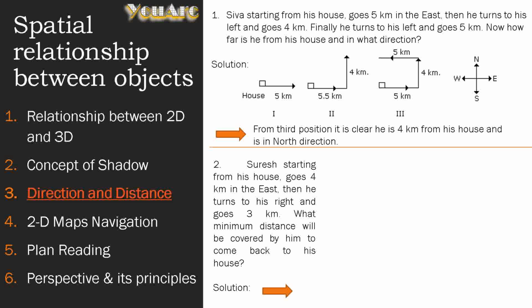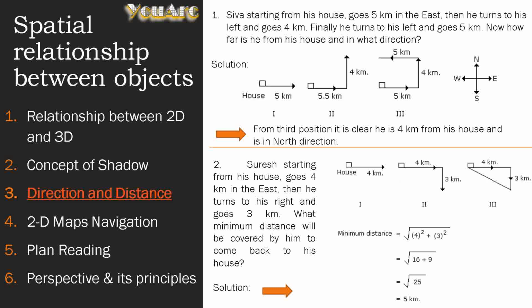Again, let's see with the diagram, it will be easy for us. So he's going 4 kilometers from his house and he's again turning right, which is south direction. 3 kilometers he's going. So we have to find the distance from here. We can use Pythagoras theorem here: in a triangle, a square plus b square equals c square. C square is the distance he has to cover. So the answer is 5 kilometers here. So you have to be very familiar with the directions as well as with a few mathematical ideas. Okay, and let's move on to the next topic.